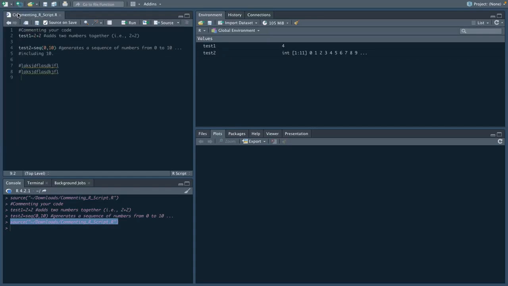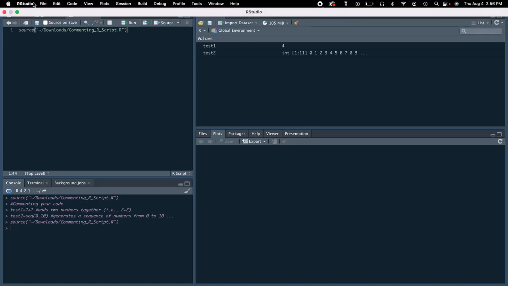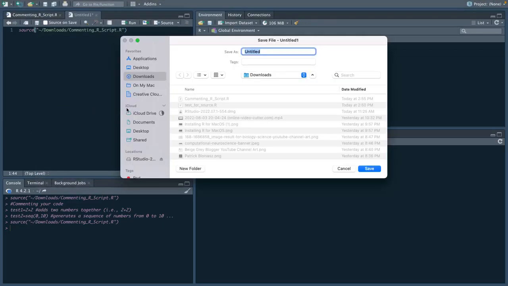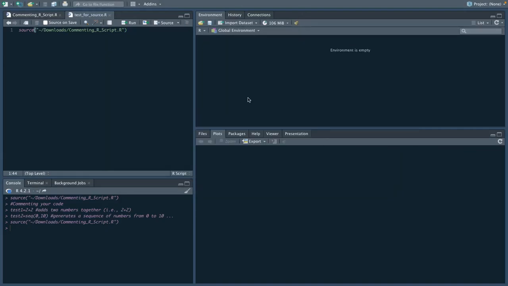So let's say we open up a new R script, put this source command here for this file, and then save this with a new name. Well, test for source, we'll do that. If we started a new session, or we were doing a new run of all of our files and data, and we wanted to say run this R script first and then do something afterwards, so say test1 times 2,